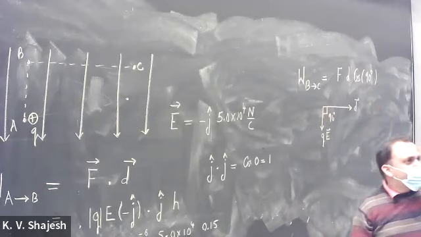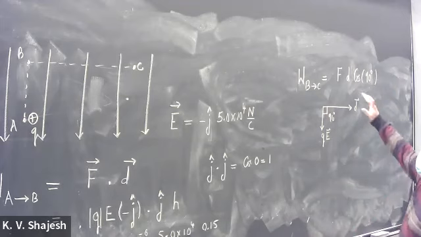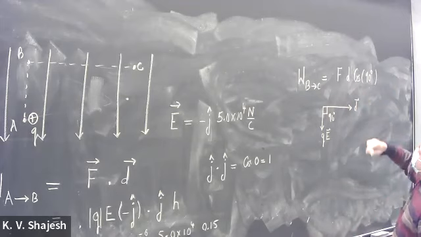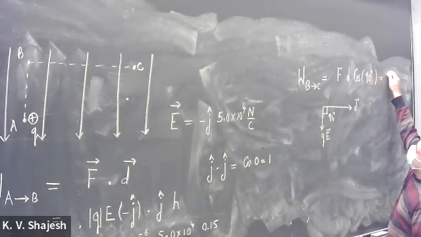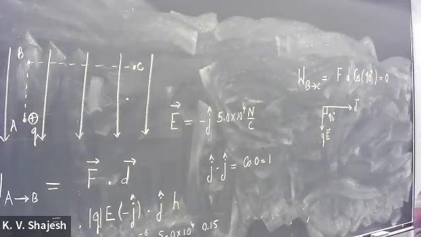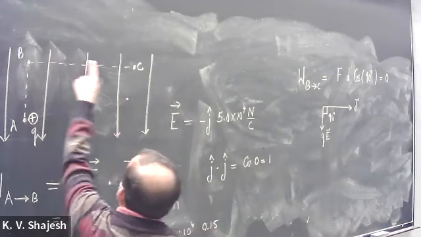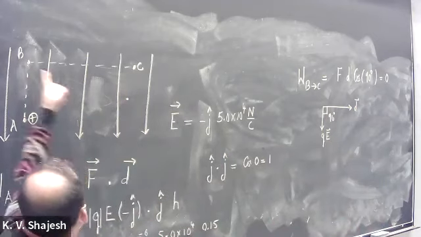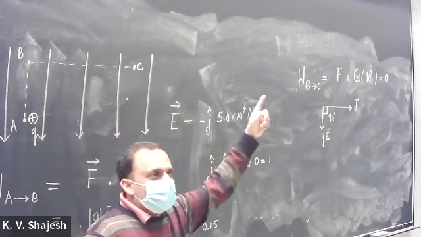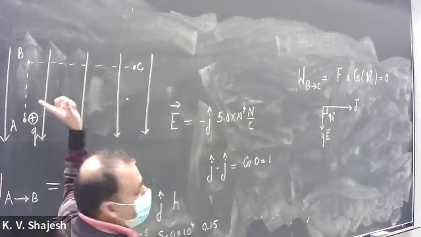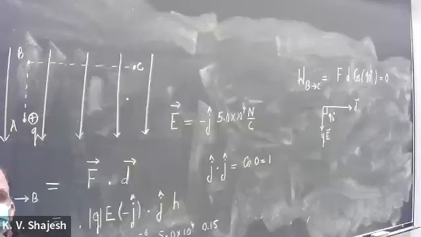And cosine of 90 is 0. So it doesn't matter what this force is, what this displacement is, this will be 0. So there is no work done by the electric field when it goes from here to there. And you could have gone however far you want. You can keep moving around, but there is no work done by the electric force in that motion.